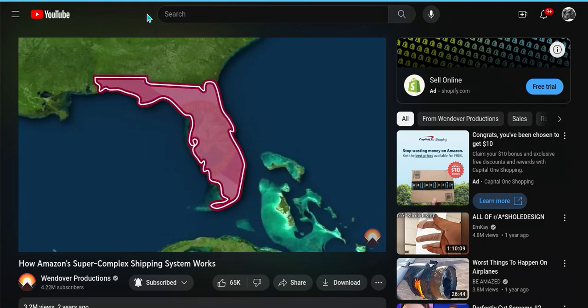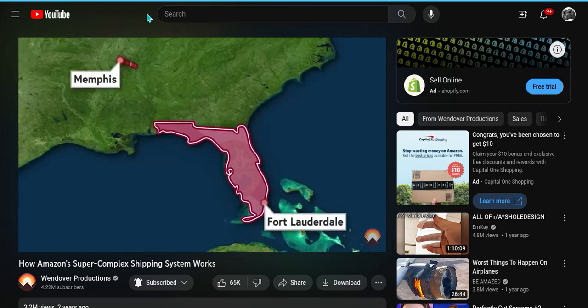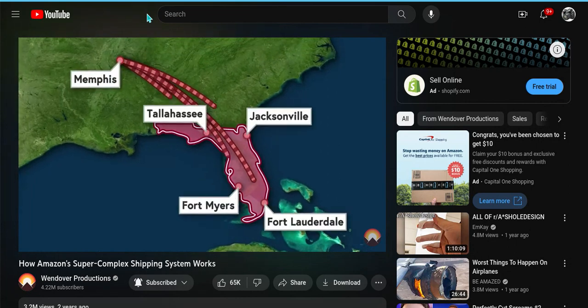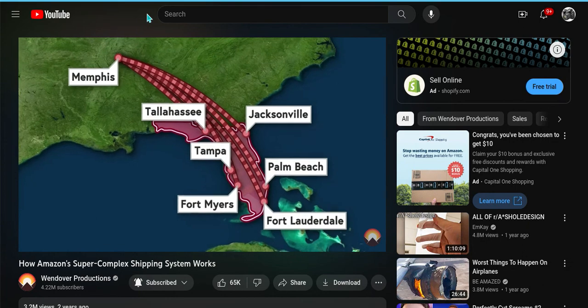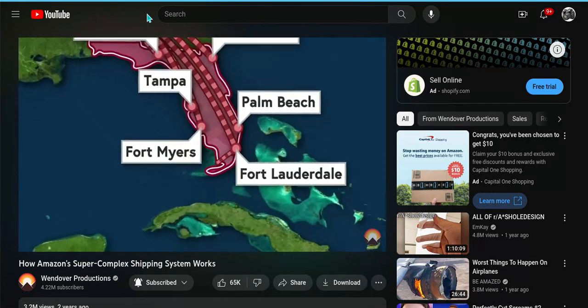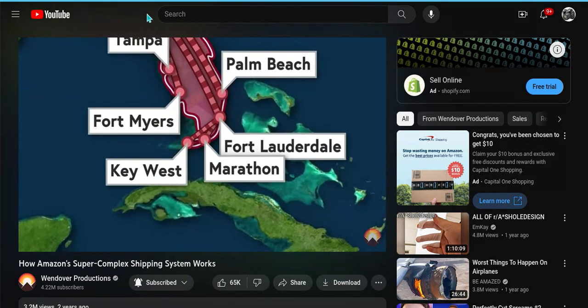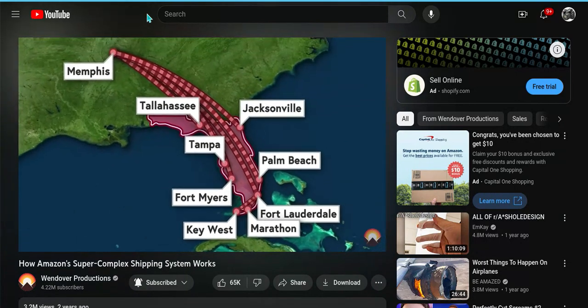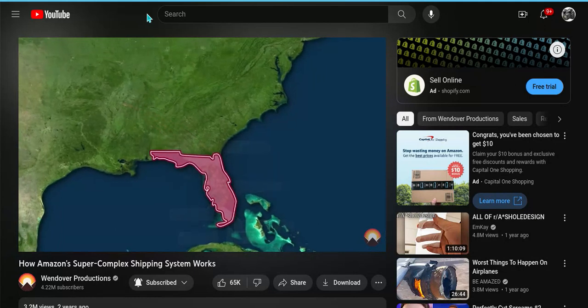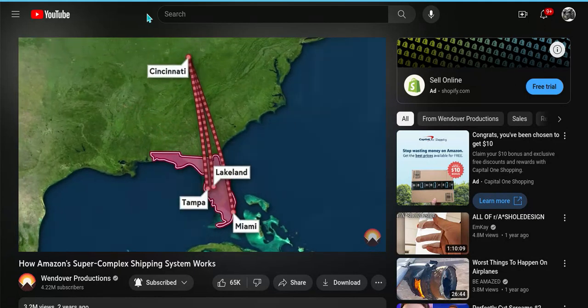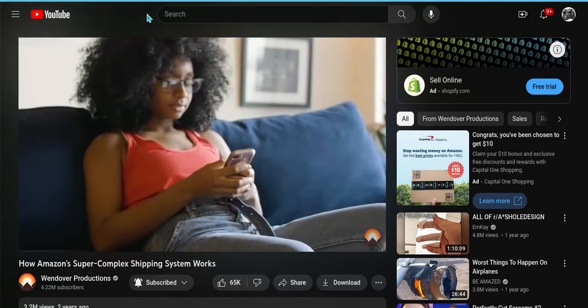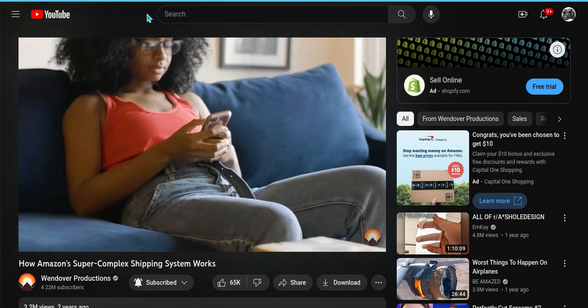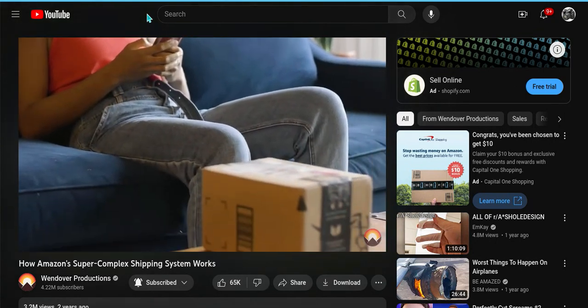Meanwhile, FedEx, for example, flies from Memphis to Fort Lauderdale, Fort Myers, Jacksonville, Tallahassee, Tampa, and Palm Beach. Then from Fort Lauderdale, it operates feeder flights on smaller aircraft to Key West and Marathon. So, in summary, in order to serve all of Florida, this is what FedEx has to do, and this is what Amazon has to do. The required number of destinations for full coverage is greatly reduced by orienting for 2-day delivery,